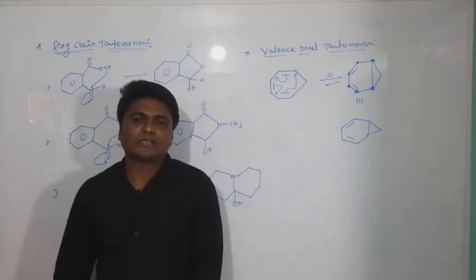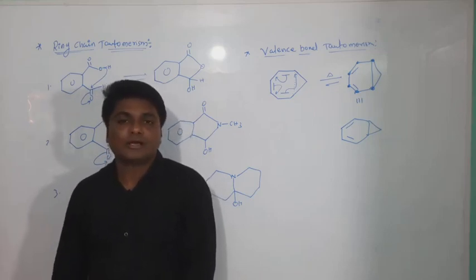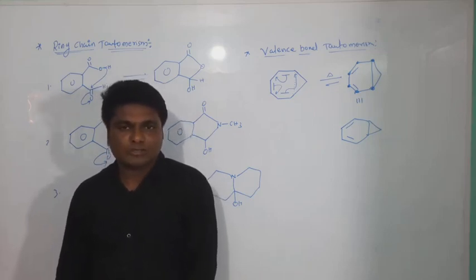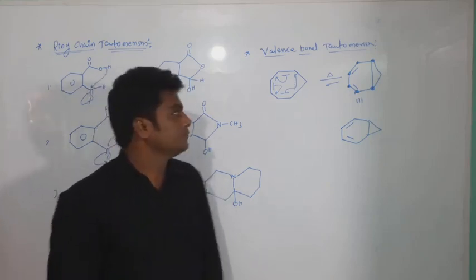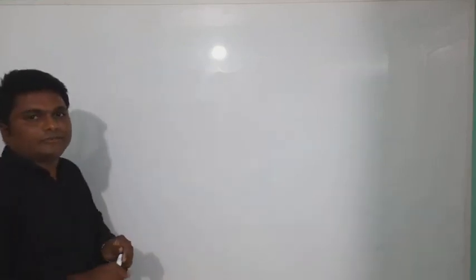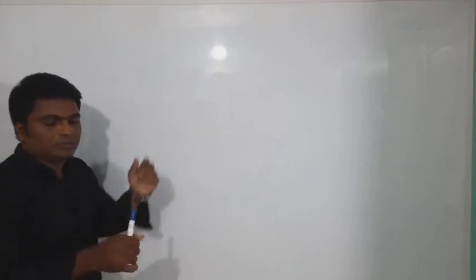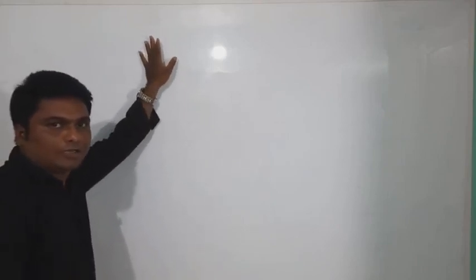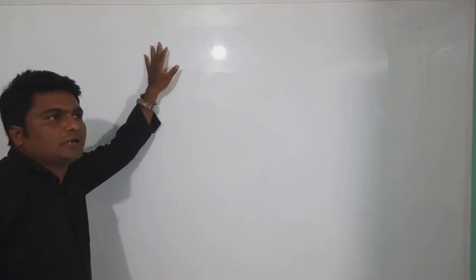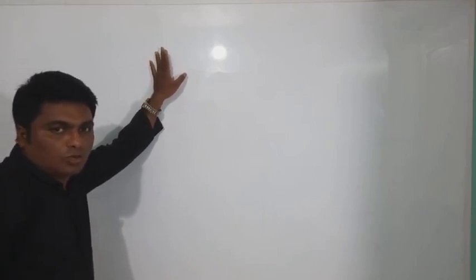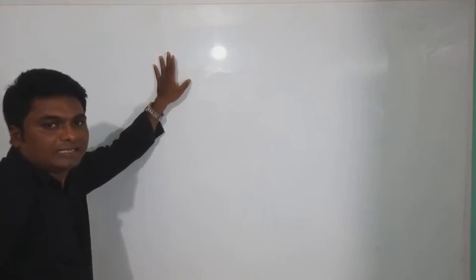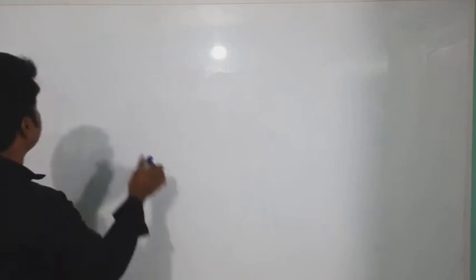Okay, now we'll discuss some examples for tautomerism, and some questions also, like which of the following compounds does not show tautomerism? That kind of problem we will discuss. First complete these examples. Now I will give one note: some compounds, even though they have the alpha hydrogen atom, do not undergo tautomerism, like ester, tertiary amide, like that. Okay, take this note.